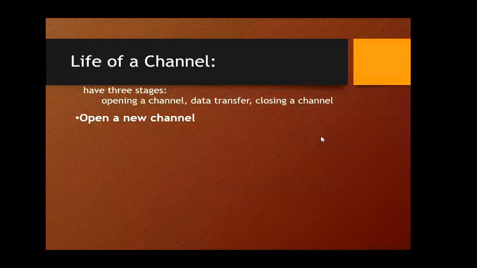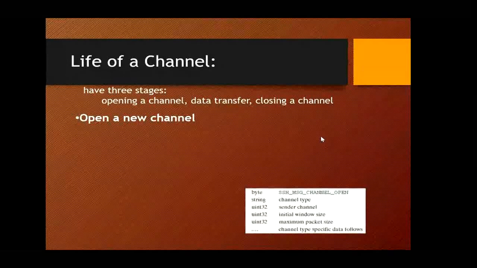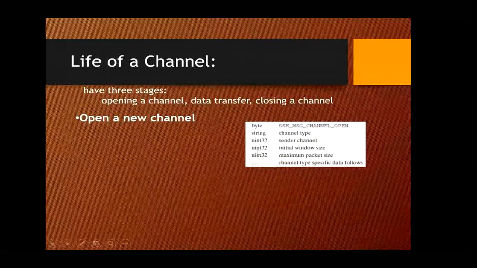When either side, that is the client or the server, wishes to open a new channel, it will allocate a local number for the channel and then send a message of the form byte SSH_MSG_CHANNEL_OPEN.